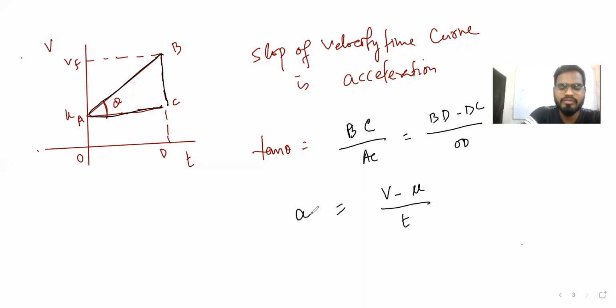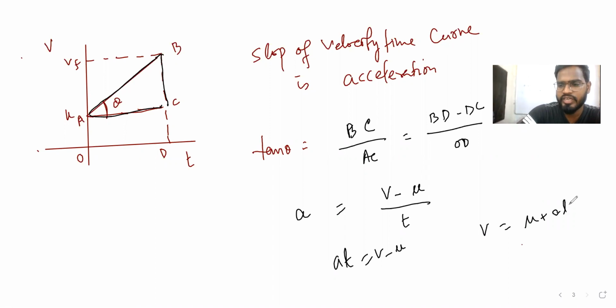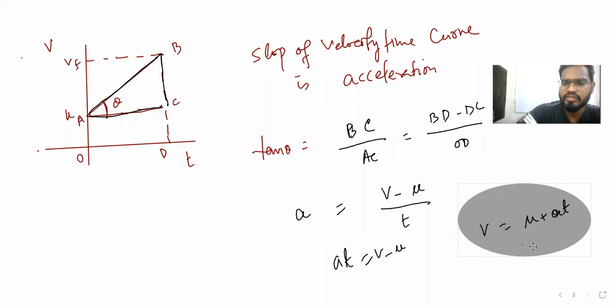Right? Now I'm finished. AD is equal to v minus u. So v is equal to u plus, wait, write properly. v is equal to u plus what? at. I took this direction, that's it. So now we can say we got the equation v is equal to u plus at. How easy it is? I just took the slope of this velocity time curve. We identified that and put in all the values.